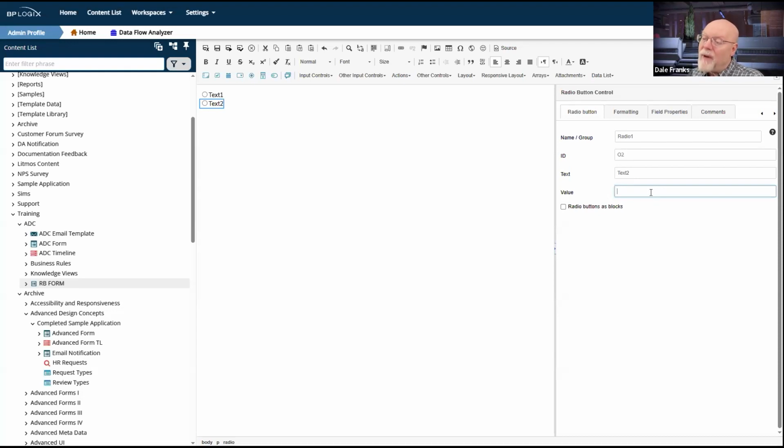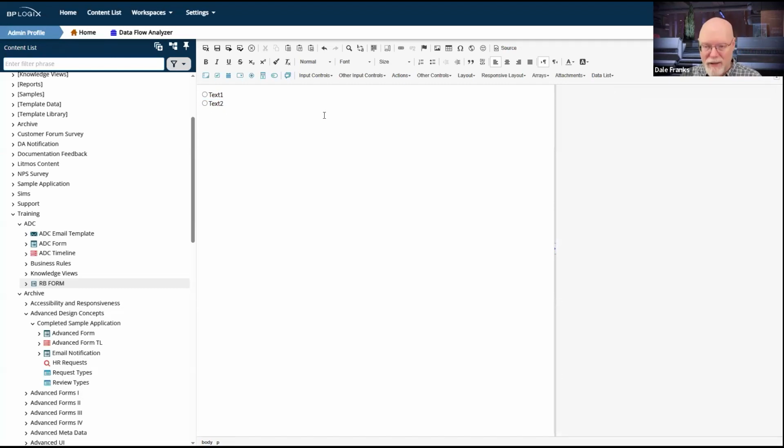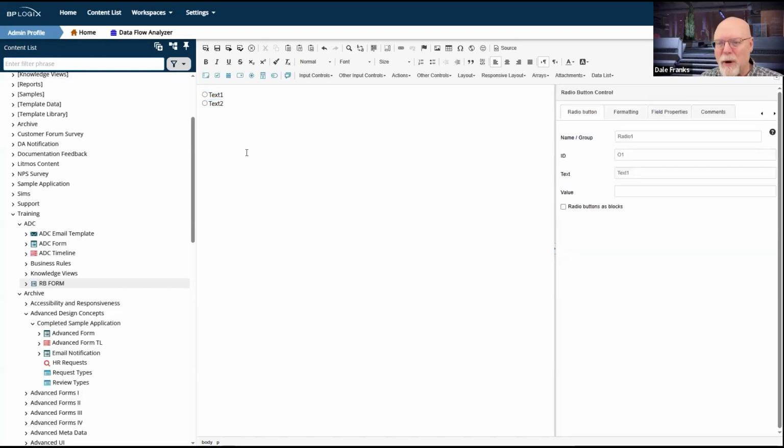However, if I want to combine 2 different radio buttons or groups into the same list so that I could have multiple selections in the same list, and especially if I want to show them as blocks so that I just get the little square around, so they're kind of like mutually exclusive buttons at that point rather than the little round dotty radio buttons, I can do that. I can do some interesting visual things. I can also do some more complex lists. For the most part, you don't need to use radio buttons unless you're doing something super complicated like that.